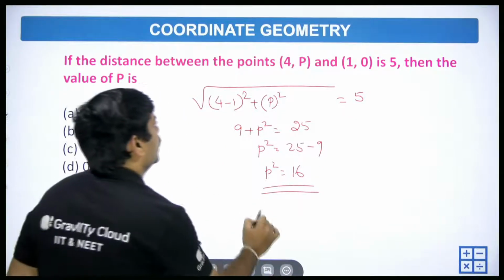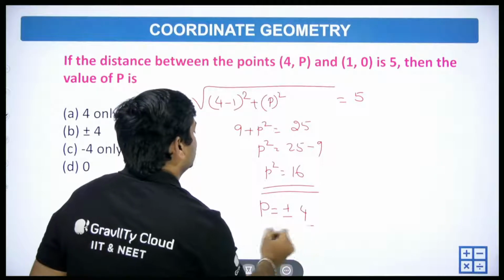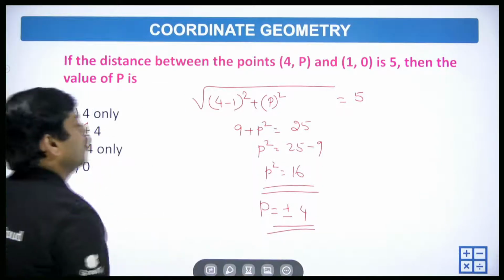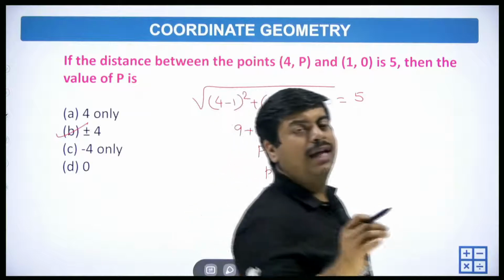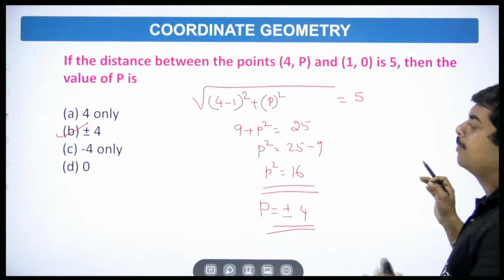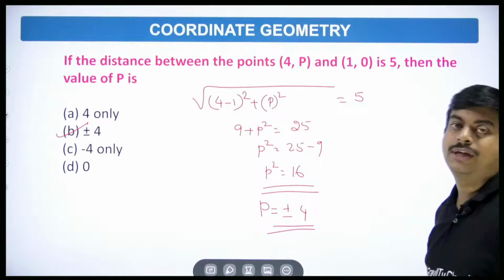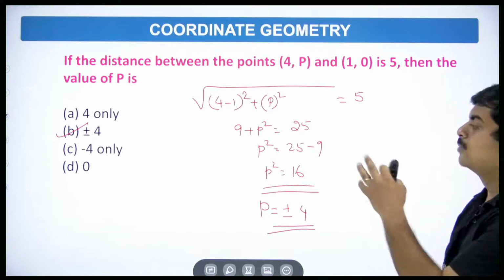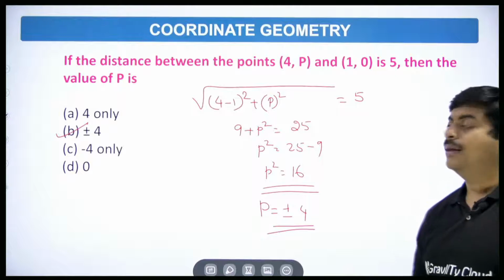So the value of P will be equal to plus or minus 4, right? So that will give you option B. But once again, please cross check that. If there is any given information that we cannot consider minus or plus, just try to see that, okay? But as far as I know, option B is the correct answer. The next one,